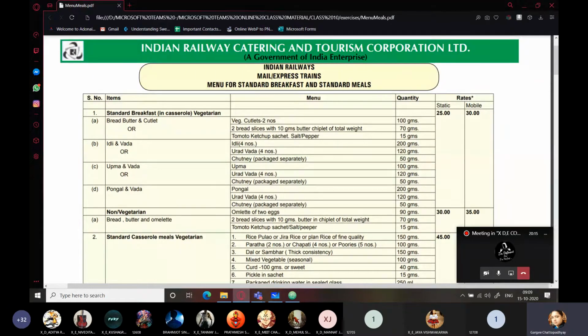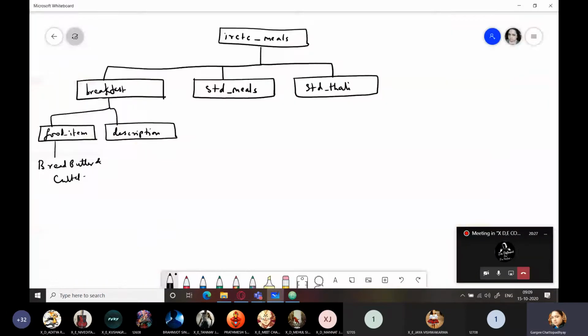So now it could depend upon the number. At some places, for some food items there could be 3 sub items. For some food items there could be 2 sub items. It depends. So I'm going to create description as the element for this, and within that I'm going to again create some sub elements. Item name, or you can also take item.